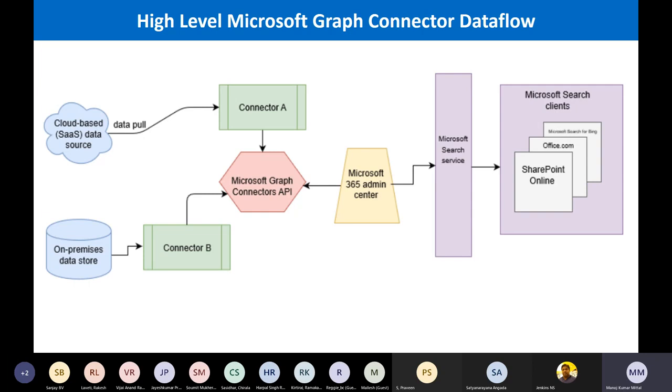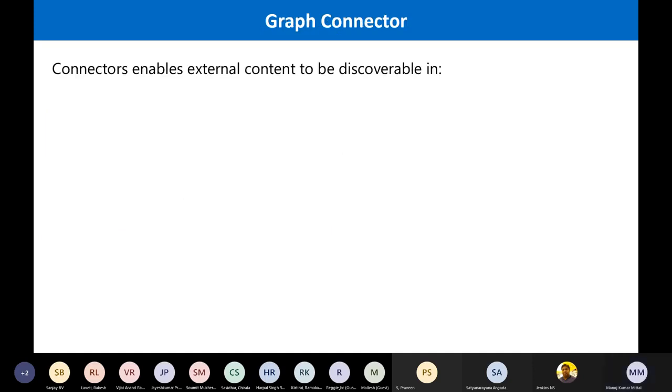In this demo, I'm going to take DevOps as one example. My organization has DevOps, where I'm creating a lot of tasks, and I want to crawl those tasks because they exist outside M365. They're not in M365, they're in Azure somewhere in the public cloud. So I want to crawl those tasks and see how we can see them in the results. I will do that end-to-end demo here.